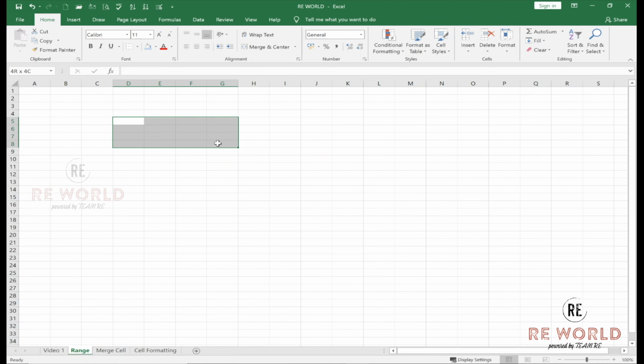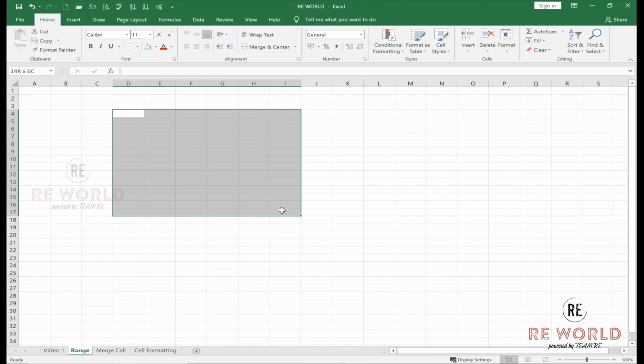When we select multiple cells in a range, you can see while selecting in the name box, just observe this area. When we are selecting the range, it shows you 4 rows, 3 columns, 6 rows, 4 columns. So you keep increasing the rows, it will keep increasing, and you can keep going right, it will keep increasing the columns. So it will show you only the number of rows and number of columns we have selected. But once you release the button, it will only show you the first cell where we have started. So it is called a range.